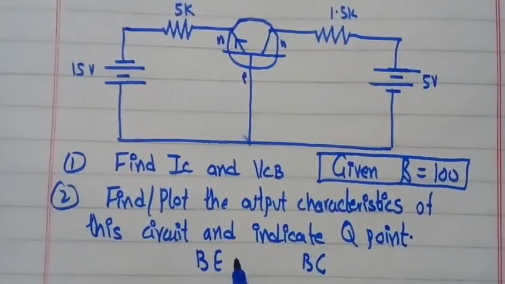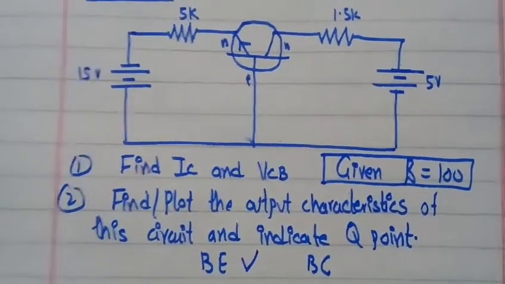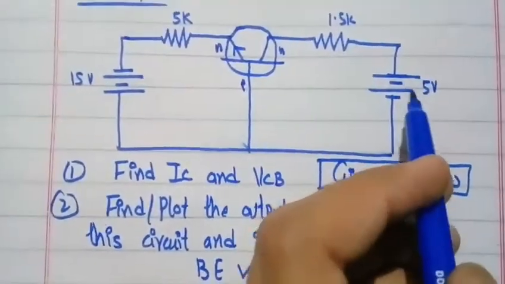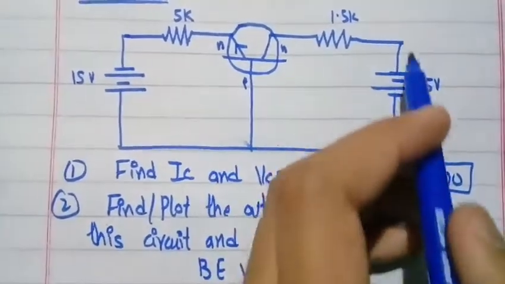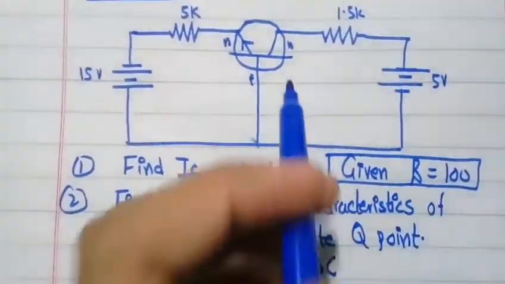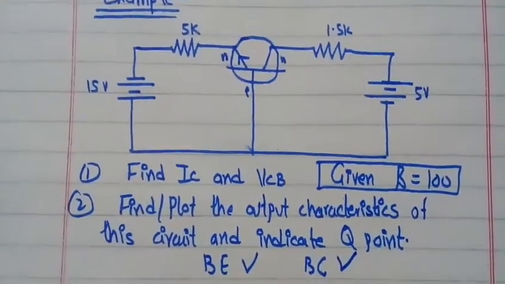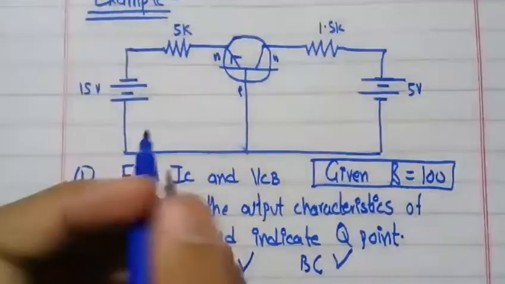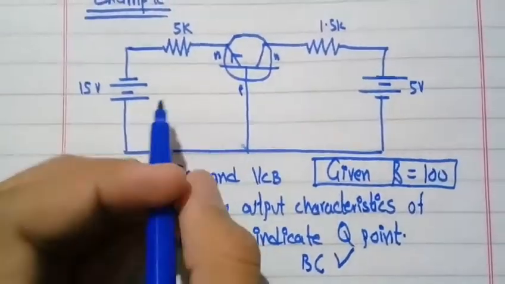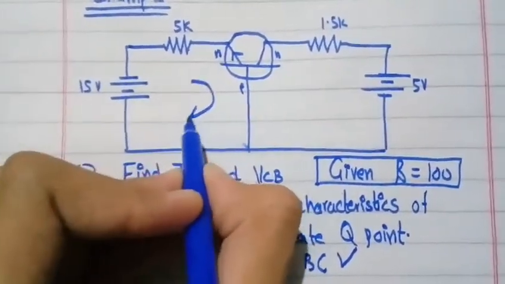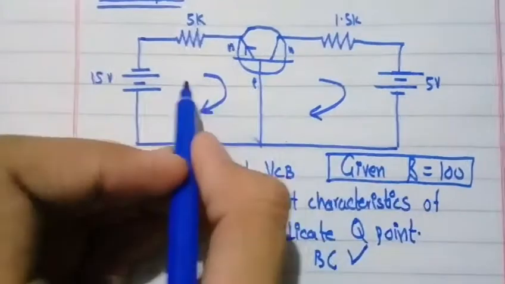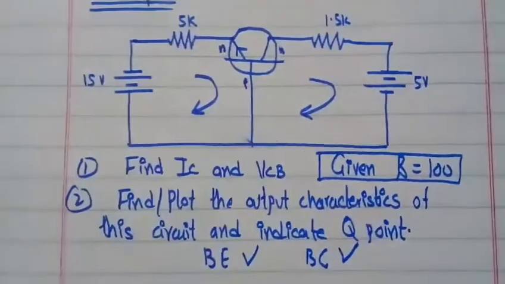So the base emitter junction is forward biased and this condition is met. The base collector junction must be reverse biased: base positive is connected with negative and negative is connected with positive, so it is a reverse bias condition. Both conditions are met. Then we have to analyze the input loop of the transistor and then its output loop. First we solve the input loop of the transistor.